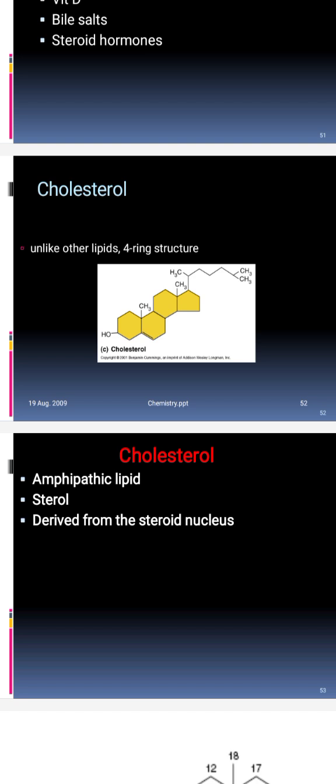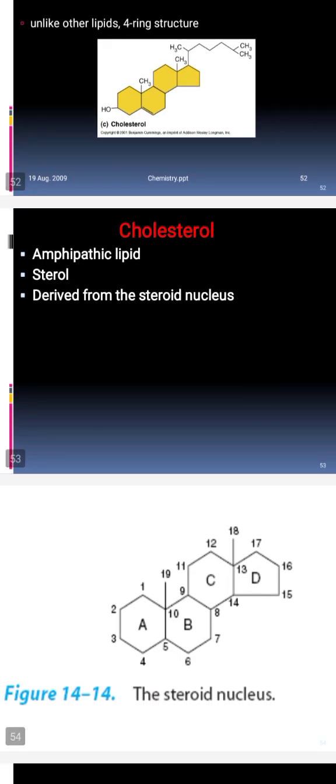Let's talk about cholesterol. Of course, you have heard this name a lot in your life. So, what is cholesterol? Cholesterol is one of the derived lipids. It's unlike other lipids because it contains a 4-ring structure. Cholesterol is an amphipathic lipid and it's one of the sterols, the group that's called sterols, and is derived